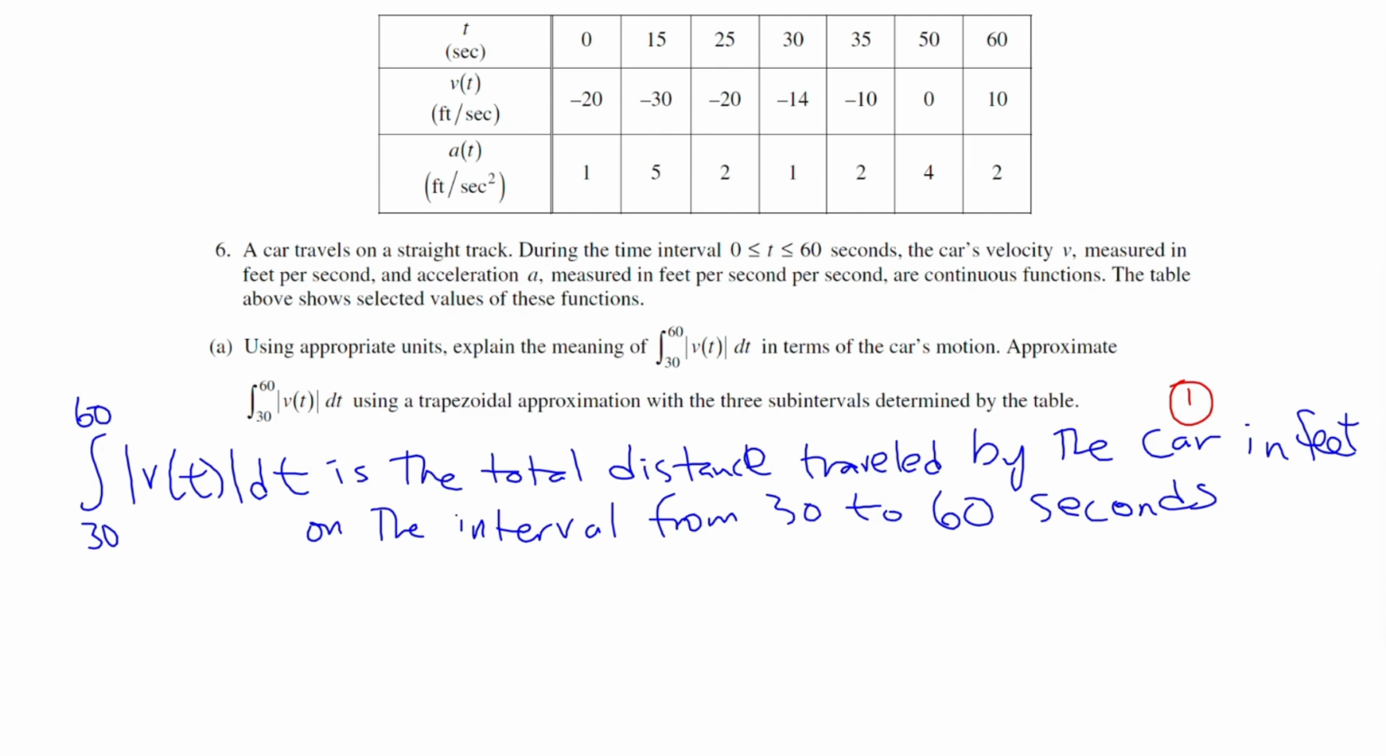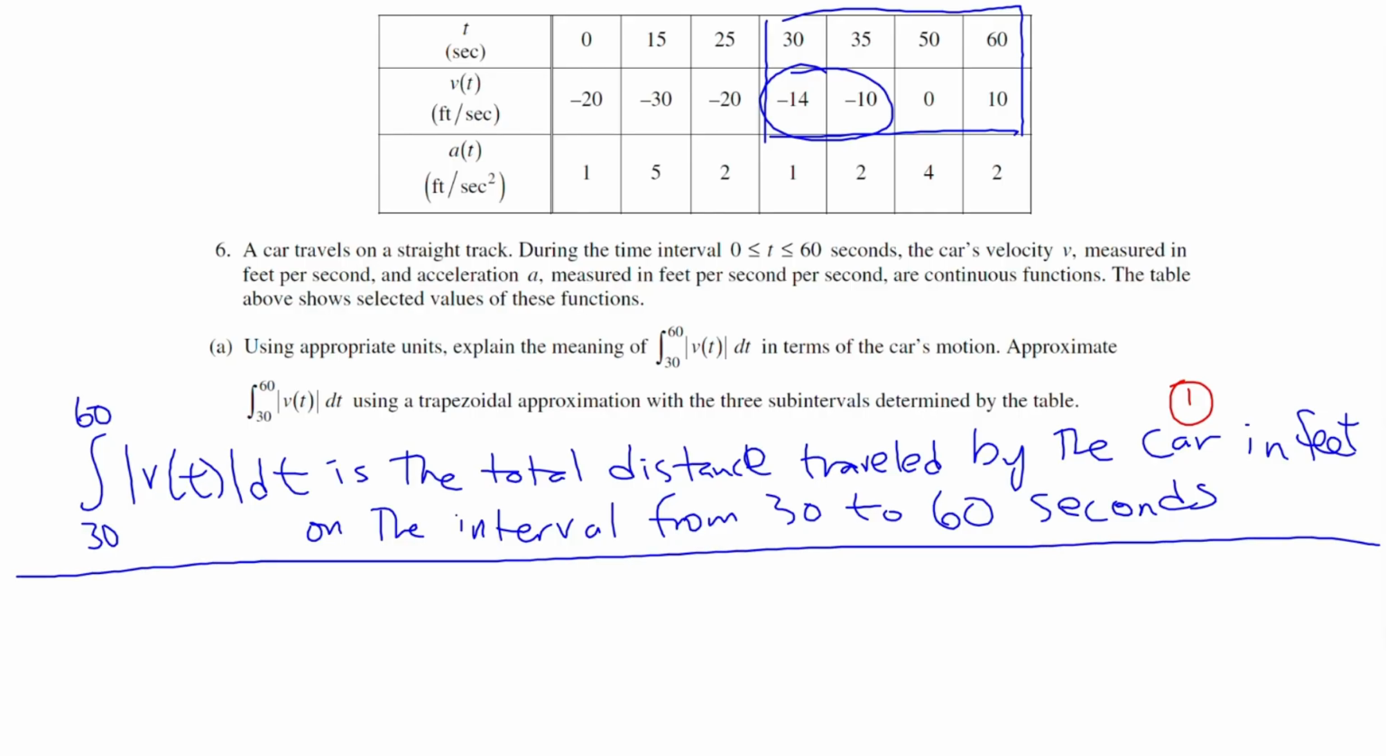Note that we're doing absolute value. My values of velocity here, some of them are negative. But when I do my trapezoidal sum, I'm going to make those positive values because we're doing the absolute value of the velocity. So our trapezoidal sum should look like the absolute value of the first velocity, plus the absolute value of the next velocity. That's going to be 14 plus 10, right? Because we have negative 14 and negative 10, divided by 2, and then